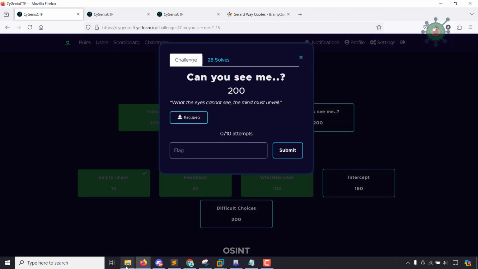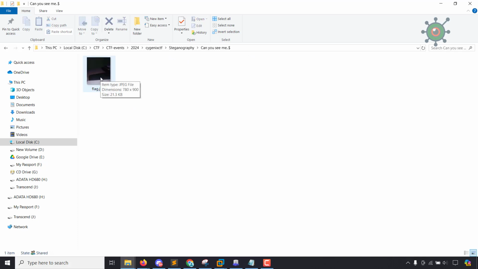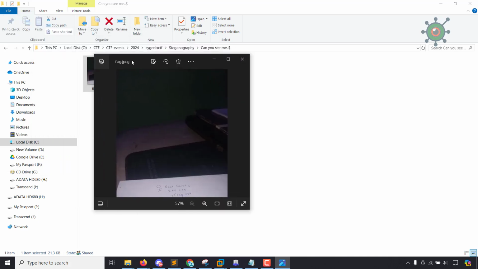Now, can you see me? The attachment is flag.jpg. 2 plus 6 equals 10. After some googling,